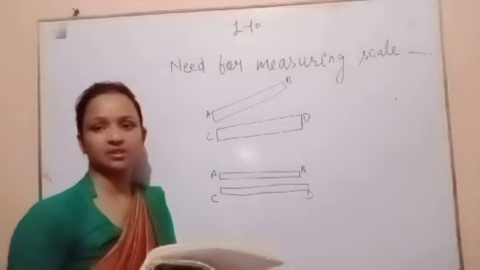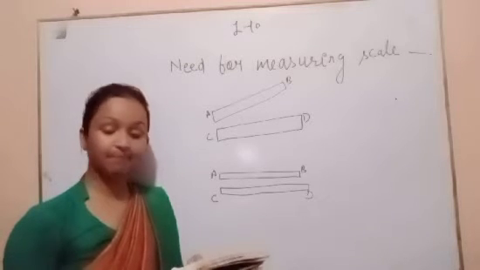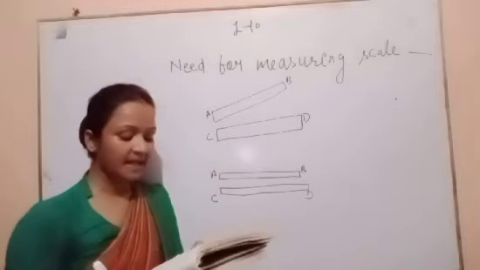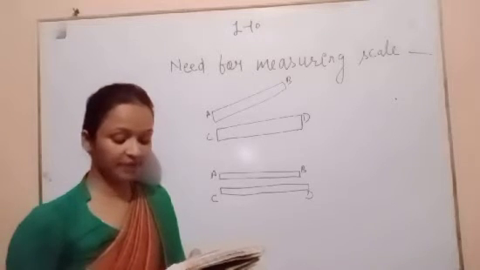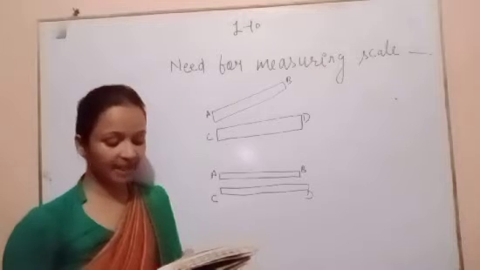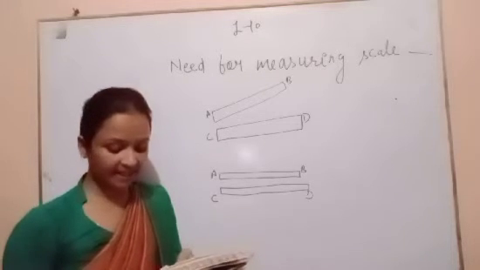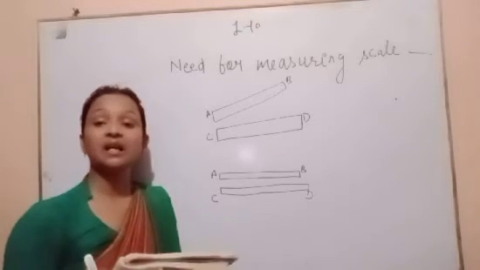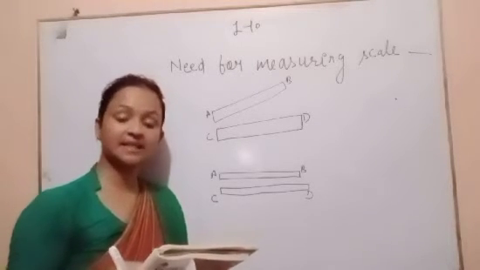And there are situations when you just cannot move objects and place them side by side. Take the example of your teacher's table and the dining table at your home. If you want to know which one of the two is longer, you just cannot carry the teacher's table to your home or your dining table to the school. But if you measure the length of the teacher's table by spans of your palm and compare it with the length of the dining table, you will easily find out which one of the two tables is longer.